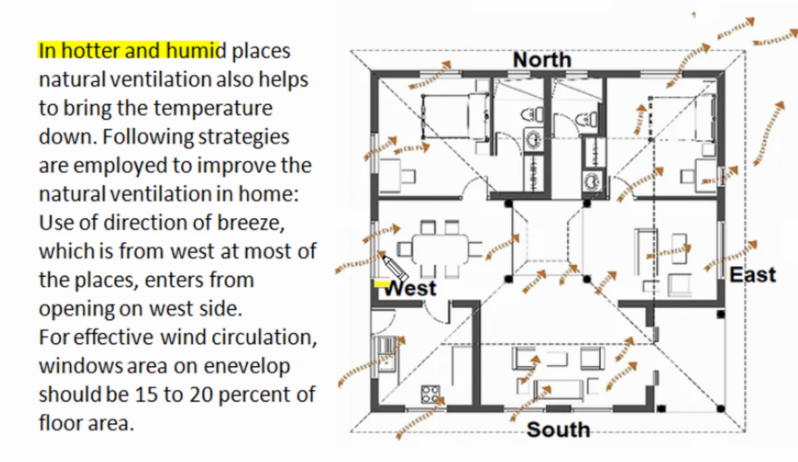And for good natural cross ventilation in any house, we must use the direction of breeze, and for most of the positions breeze flow from west to east. So breeze enters in a building from west and south positions and it leaves from east and north position. And for effective wind circulation, the window area on envelope should be 15 to 20% of floor area of the